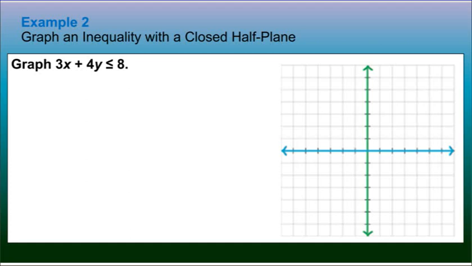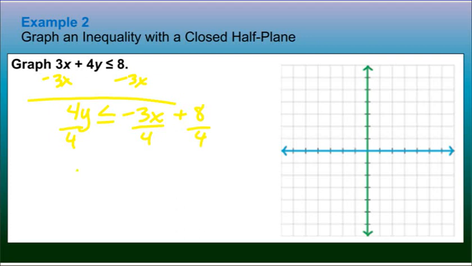Example 2, here the inequality with a closed path plane. So that means we're going to use a solid line for these. We're going to do the same thing. So you subtract 3x. 4y is less than or equal to -3x plus 8. Divide everything by 4. And now I have y is less than or equal to -3/4 x